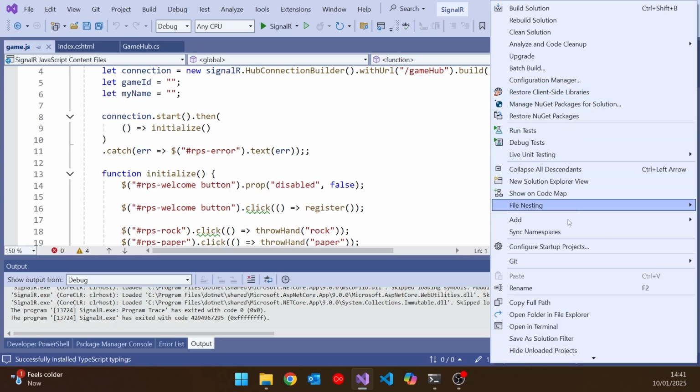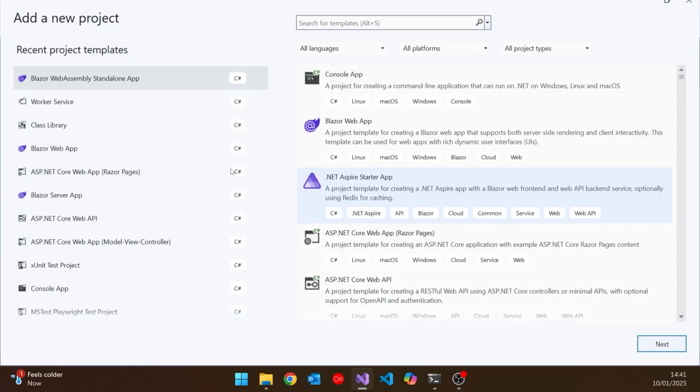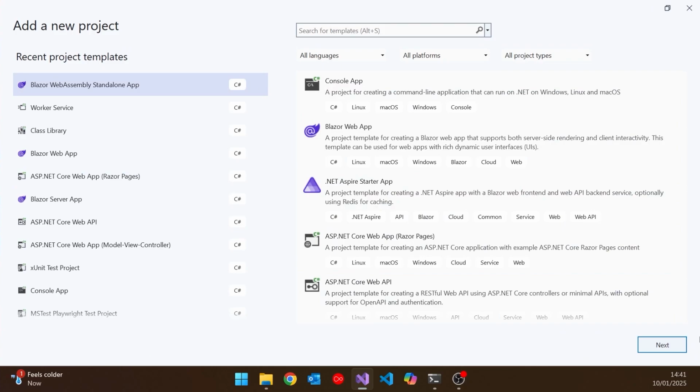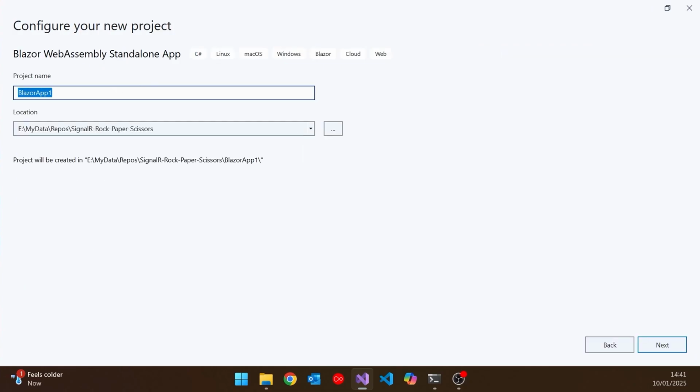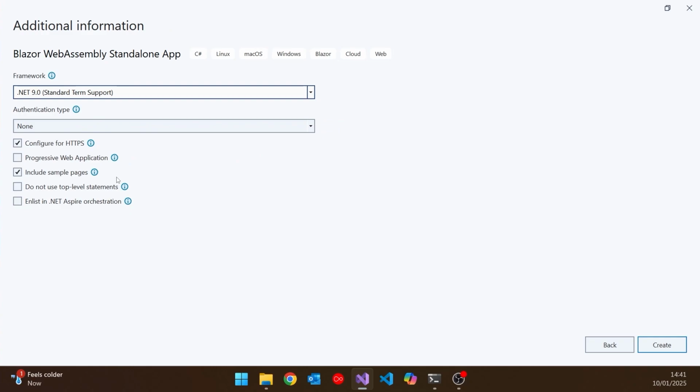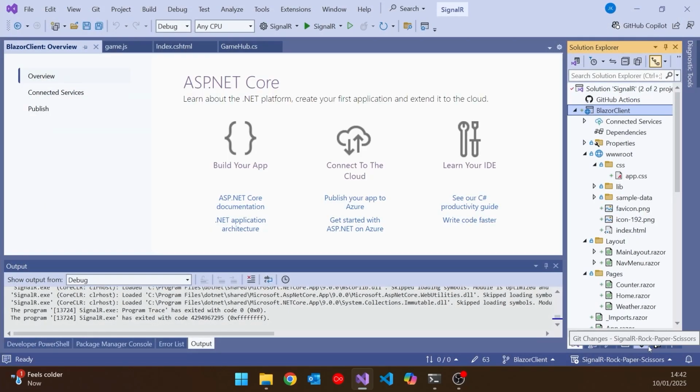So I'm going to add a new project into here, and we'll just go for a Blazor WebAssembly standalone project. I'm going to call this Blazor Client. And then we'll stick with .NET 9, and I'm going to include the sample pages. Not that I really need much of them, but I do want to have Bootstrap in here just to get the styling right, and that gives me Bootstrap. So if I click Create on that, that will then give me our Blazor Client project,